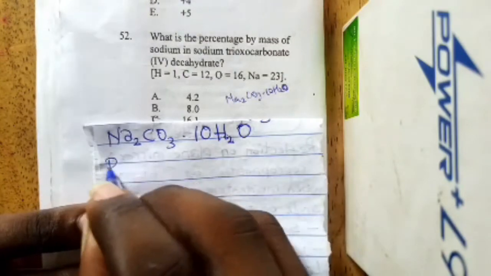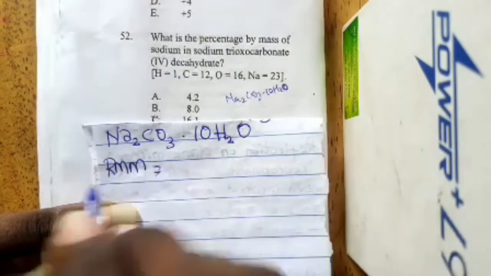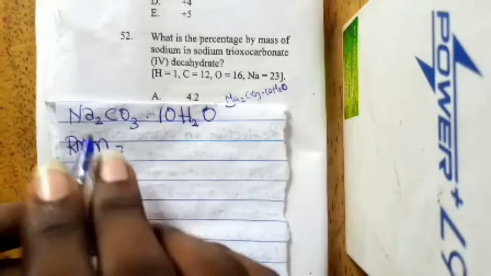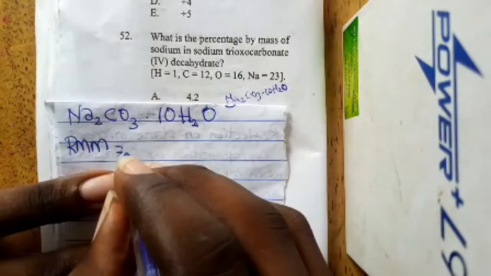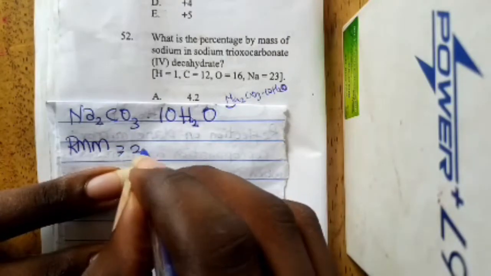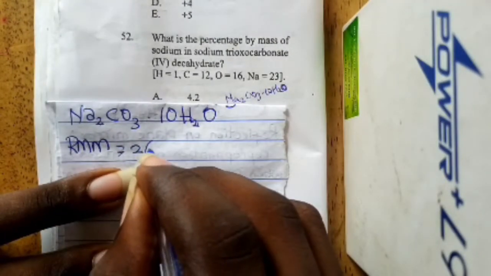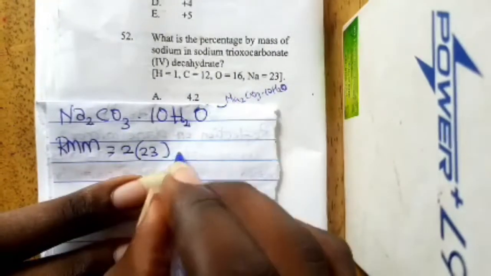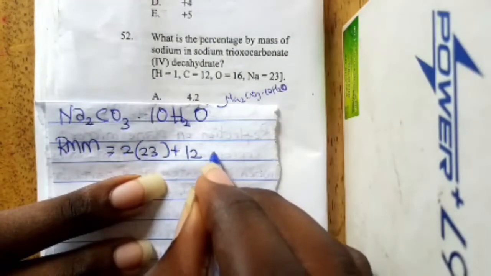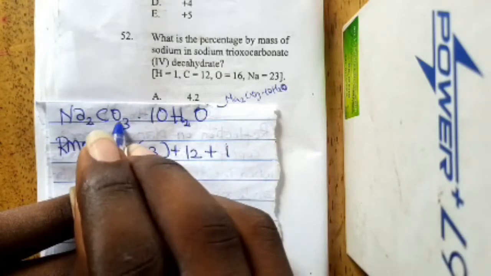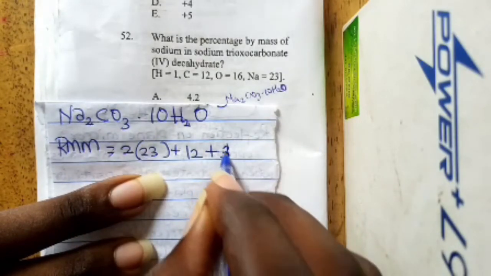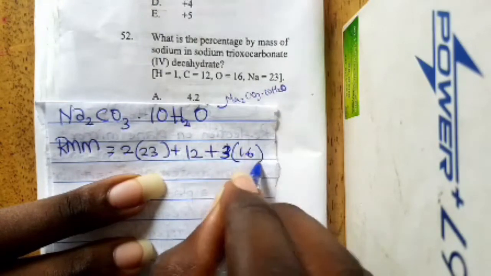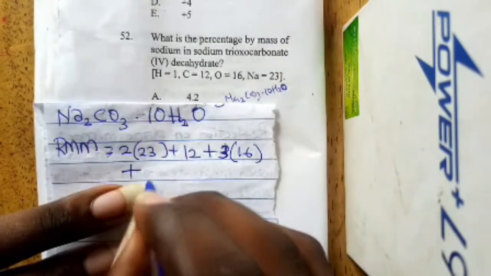First, we need to find the relative molecular mass of the compound. To find that, we have 2 atoms of sodium, 2 into 23. And remember, we are given the atomic masses, so I'm just slotting them in, plus 12, plus 3 atoms of oxygen, 3 times 16, plus 10